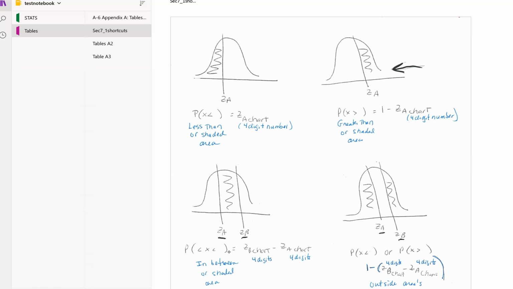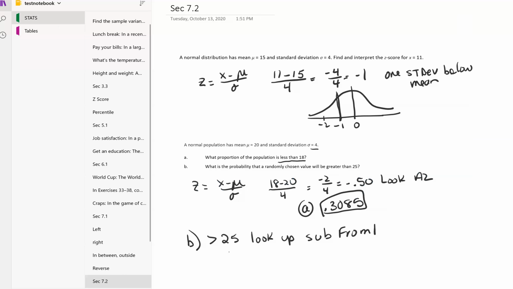When it's greater than, I look it up and I subtract it from 1. So the formula, z is x minus mu divided by sigma. So x is 25, the mean was 20, divided by 4. So this is going to be 5 over 4, which is